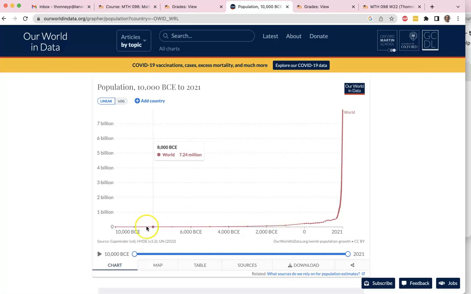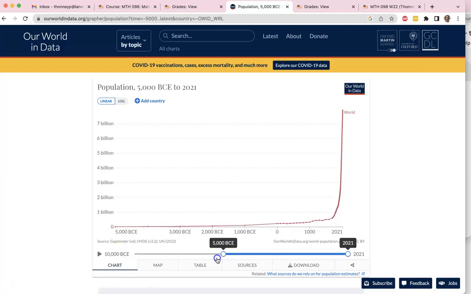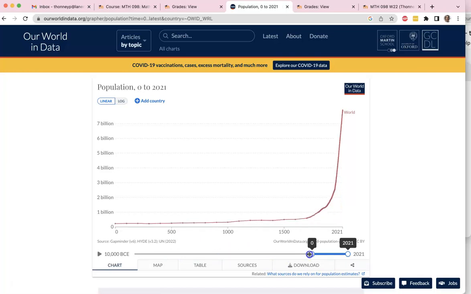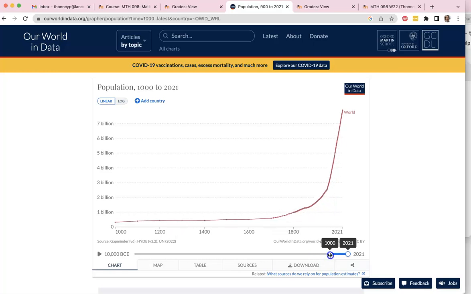So what I did in order to change this graph, for the graph that you see on page 47, is I take this left-hand dot and I drag it. And that helps me to zoom in the graph. So I could go to year 0, or I could keep dragging until I get to 1790,